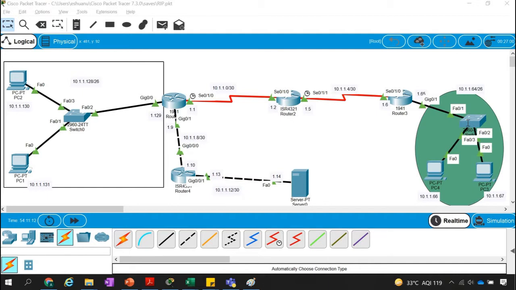And once we have configured this forward path, we have to configure the reverse path as well, from router 3 towards router 2, from router 2 towards router 1, and then again towards this server. If we have a browsing server, like when you're opening google.com or Netflix or any server, you have to configure that reverse path as well. So that is a little tedious job, and the problem becomes bigger when your networks are fluctuating. Sometimes one more network is connected here, then you have to configure that network in all the routers. We will learn in RIP how this is solved.